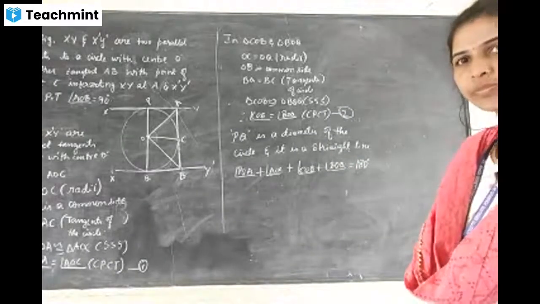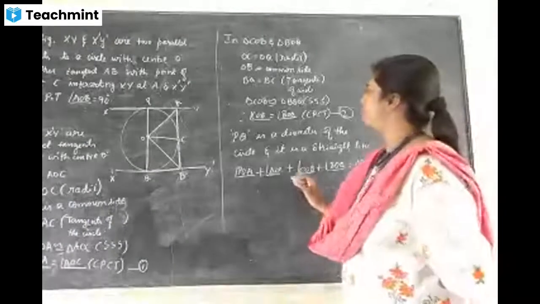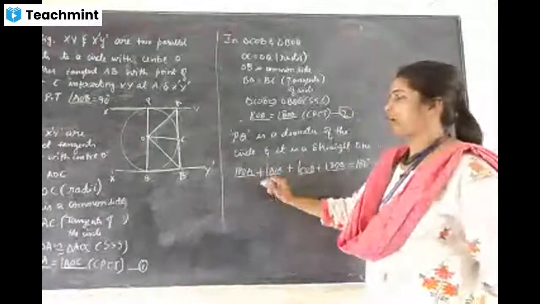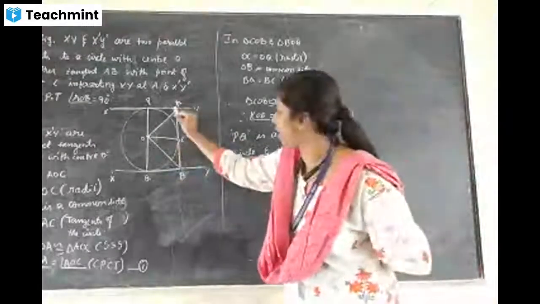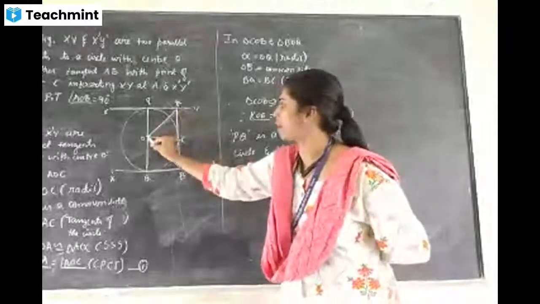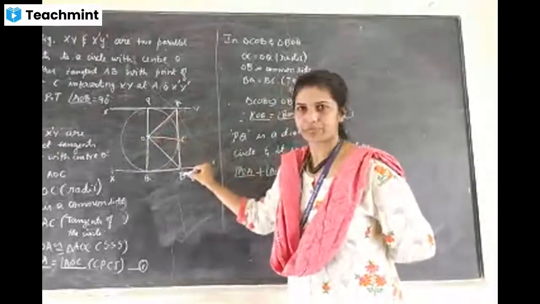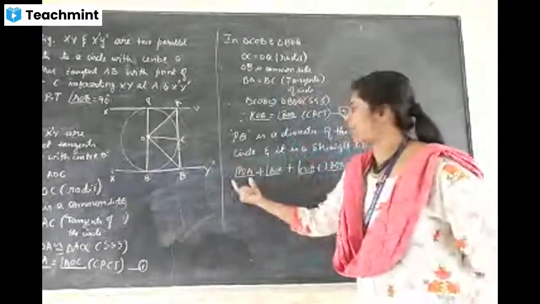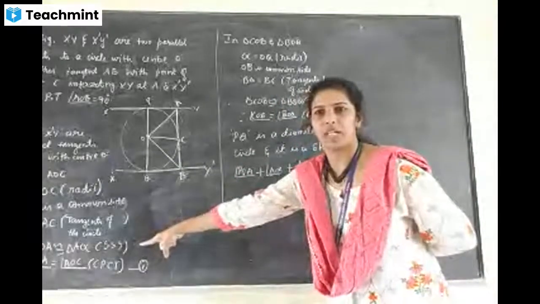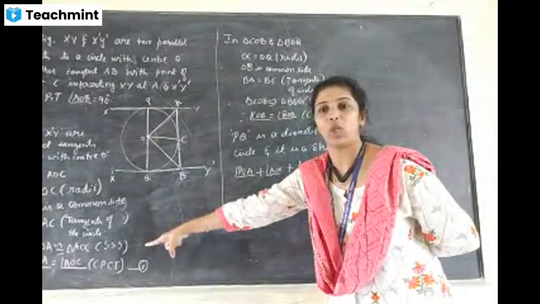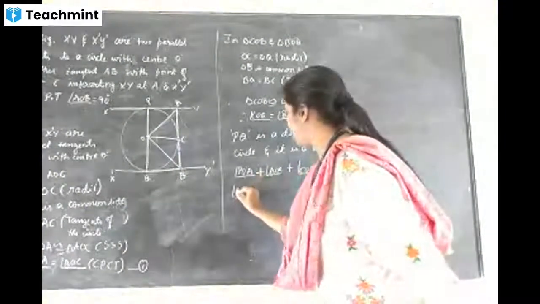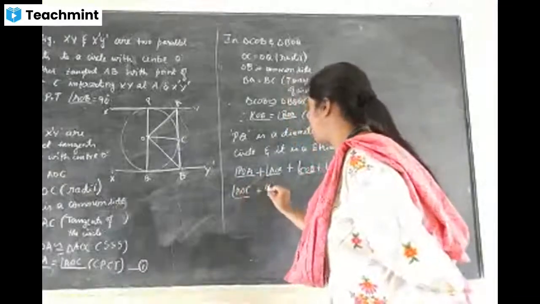Understood? Yes. Now search from 1 and 2. POA is nothing but AOC. Just observe here, we need AOB. AOB means what comes inside that? AOC and COB. Instead of writing POA, we can write AOC, isn't it? From equation 1, POA is equal to AOC. So instead of writing POA, I will write angle AOC from equation 1. AOC as it is, I will write.